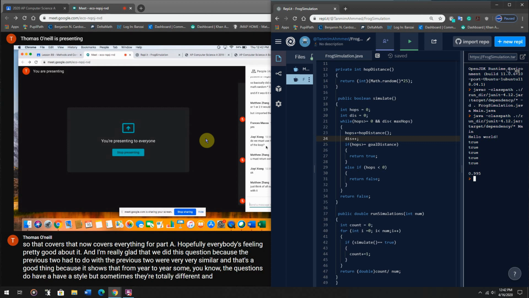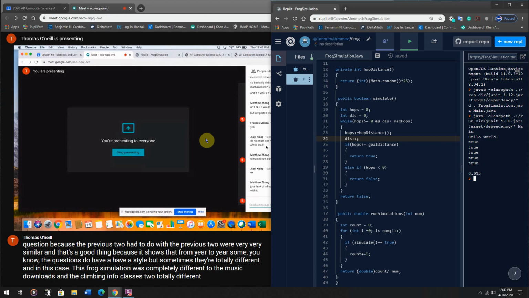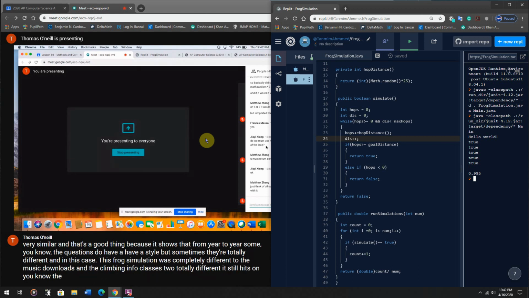And in this case, this frog simulation was completely different to the music downloads and the climbing info classes, totally different. It still hits on the same skills of being able to use methods from a class where you don't know what the implementation is,